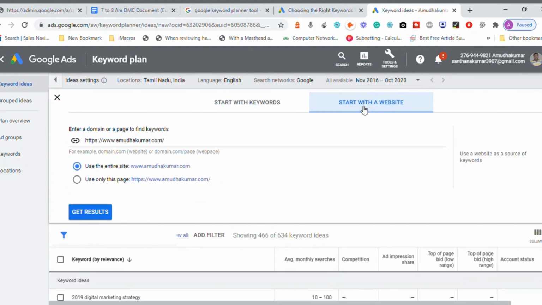So this is how we will be using this particular Google Keyword Planner tool to explore more keywords related to your products or services. Based on the keywords that you get as an input from here, you can take all these keywords and put them inside your advertisement campaign, using different keyword matching types.